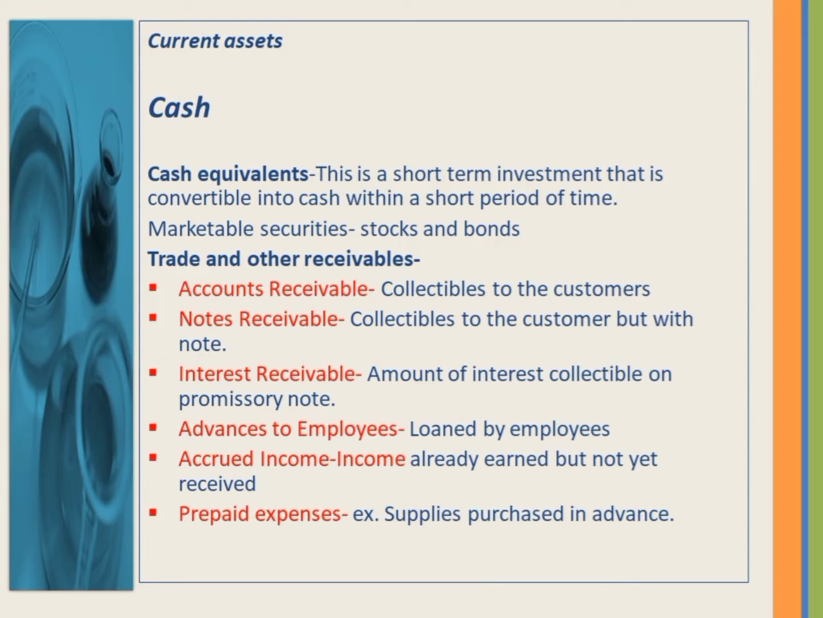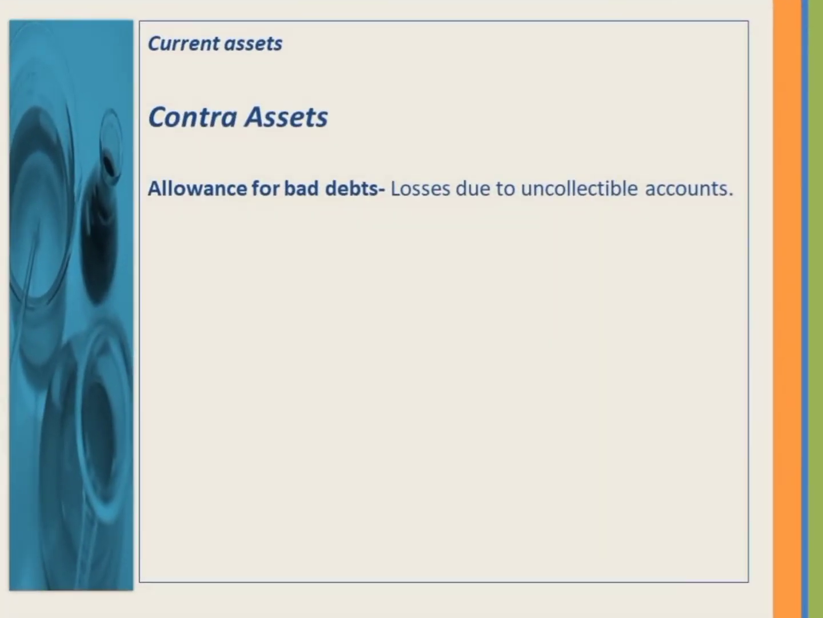By the way, the content of the assets will still depend on the availability of the assets of the company. So what are the available assets? Those are the only account titles that you will be reporting in their financial statement. For current assets, as we discussed a while ago,